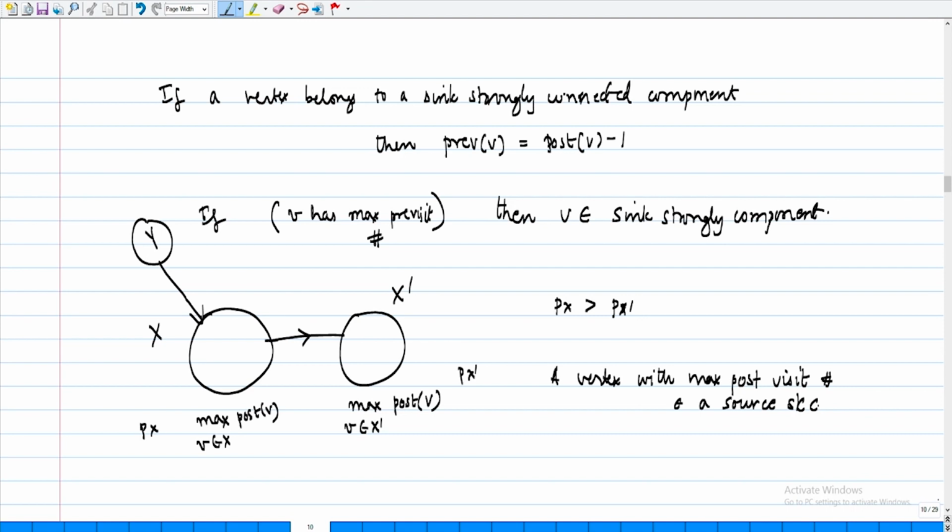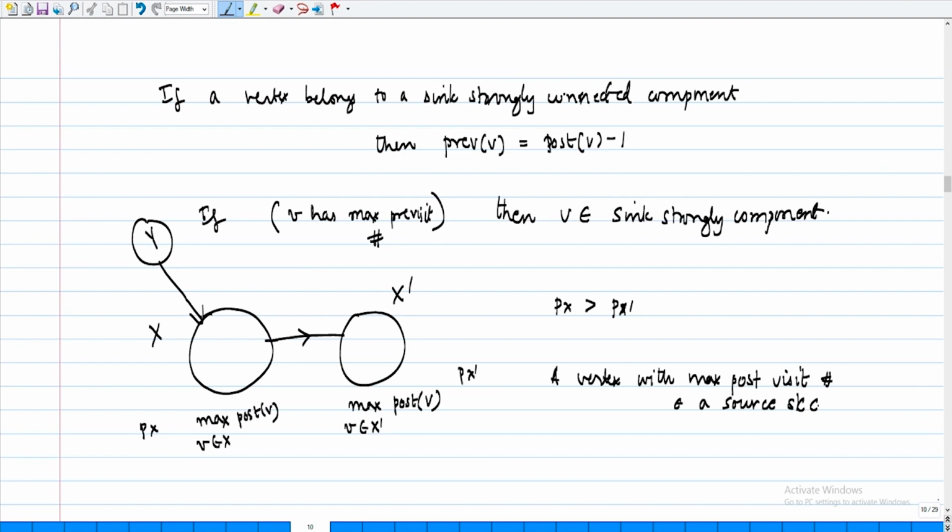It is a source strongly connected component. So the complement graph, the source will be the same. Complement or reverse? Reverse, you are saying. You initially said reverse. The new graph, source will be the same in the new graph. Very good. So now what he is suggesting is that you reverse the graph, and the reversed graph has this